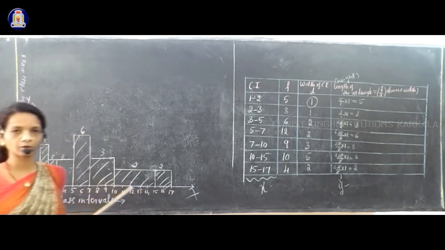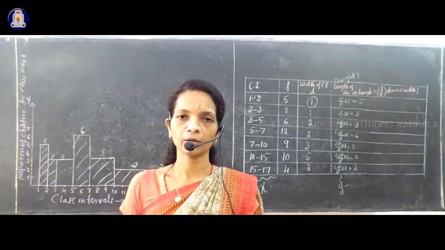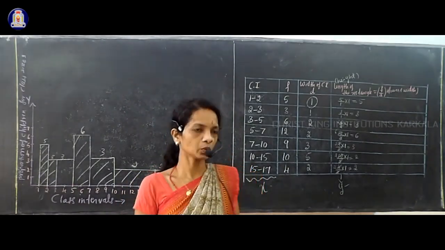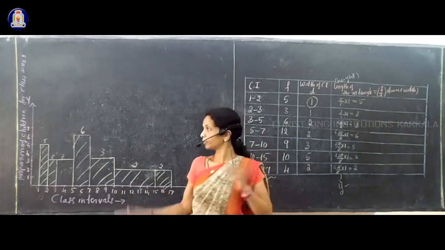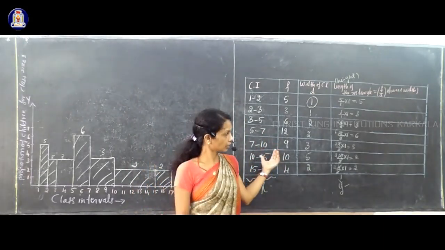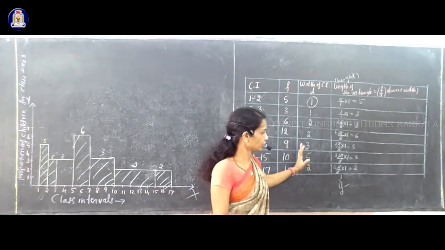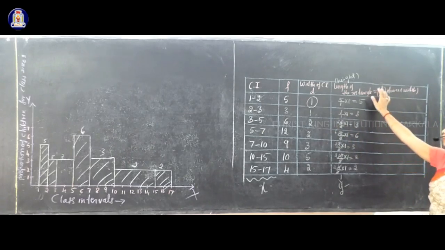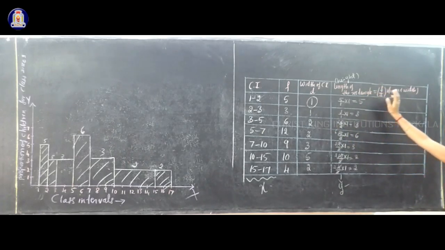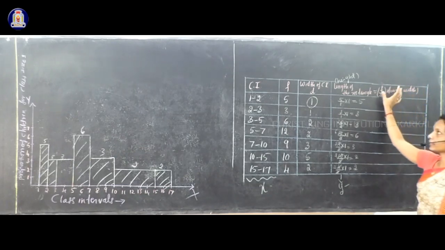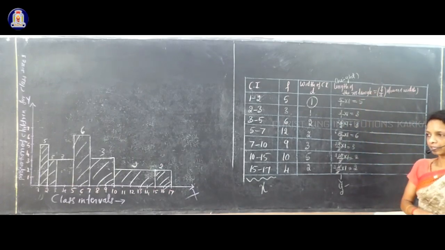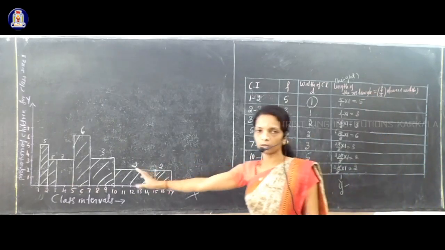So like this, you have to draw the histogram for different class size, class intervals. First, you have to do the table in this way. After that, draw histogram like this. Okay. To do the table in this way, you have to draw 2 more extra columns. That is the D column and the length of the rectangular bar. That is given by the formula F by D into lowest width. Okay, apply this formula to each class interval, then you will get the actual height of the rectangular bar. That you have to use in a histogram while drawing.